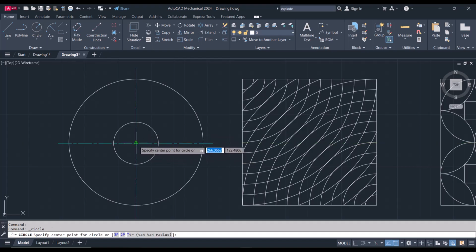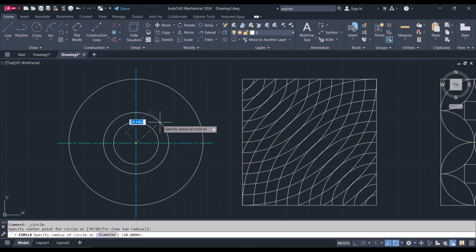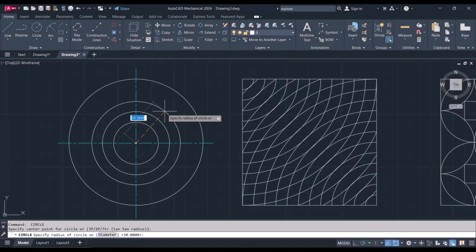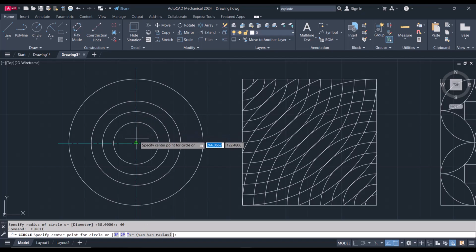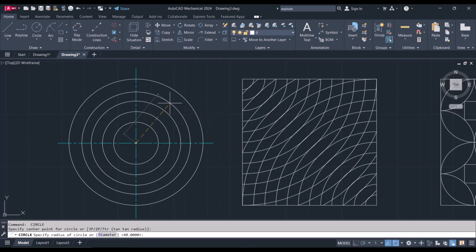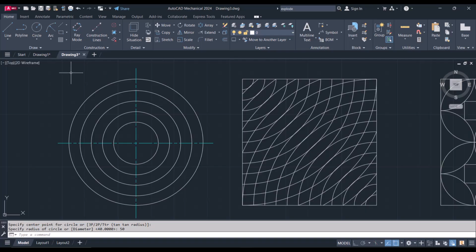So from 20, I have 30, circle again, 40, circle again, and 50. Okay,